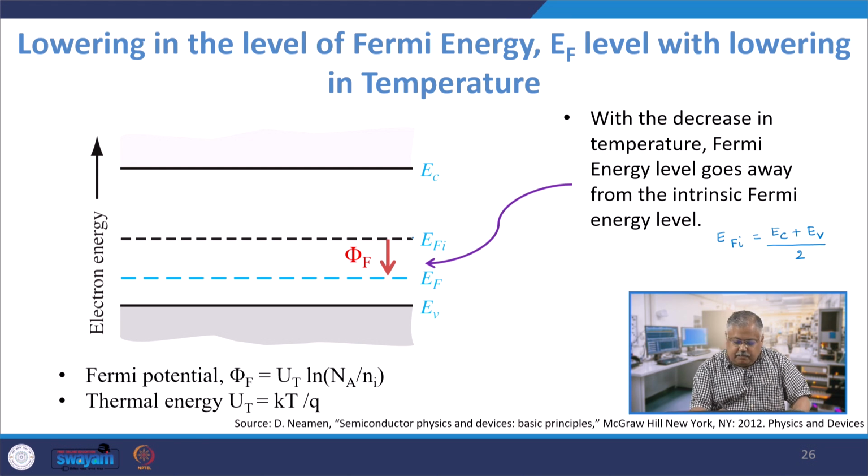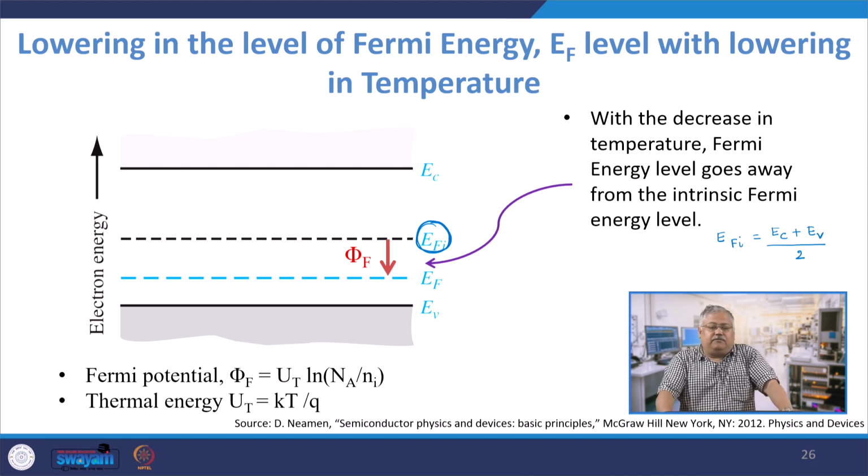So, exactly in the middle you will find the Fermi level here. This is known as the intrinsic Fermi level. When you did not do any doping, the probability is exactly equal, then the EF value, referred to as EFI, the intrinsic Fermi level, will lie somewhere in between the band gap, and this will be approximately given by